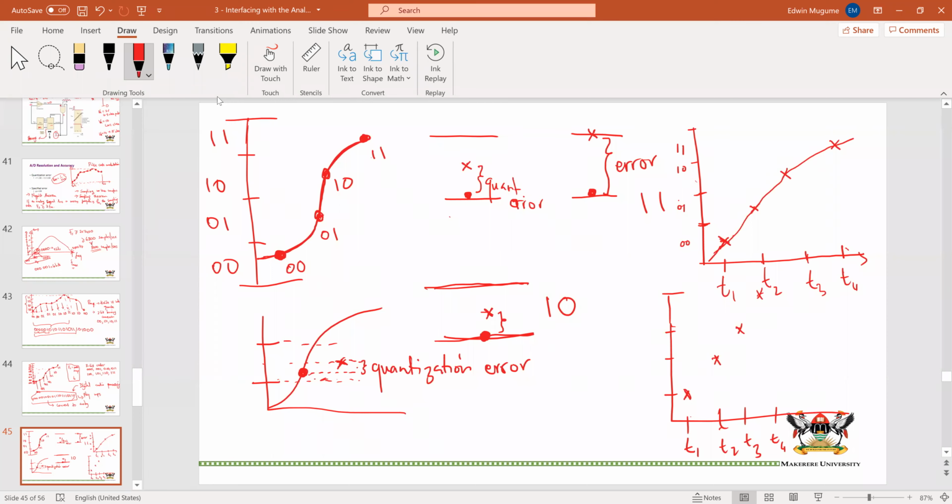Here the error is halved. Obviously I'm looking at the maximum error, but you might find the sample was taken there, in which case the error will be small. We are really looking at the maximum possible quantization error in this case. Anyway,